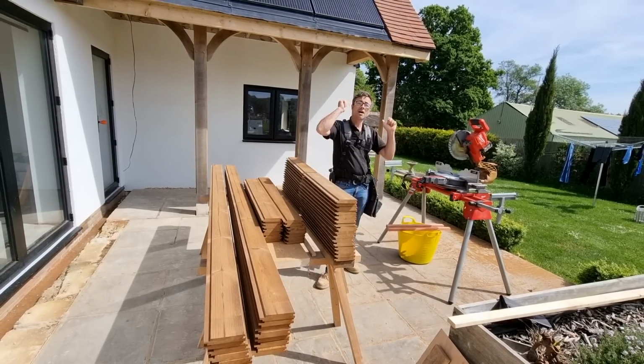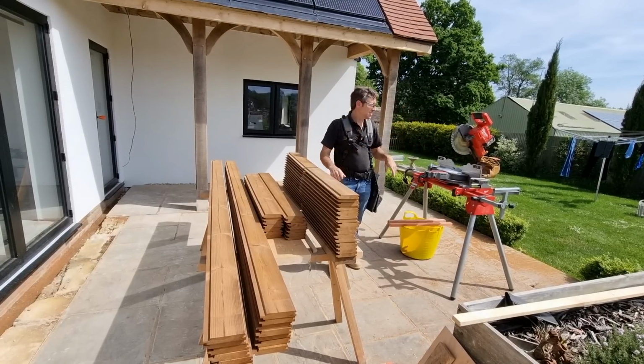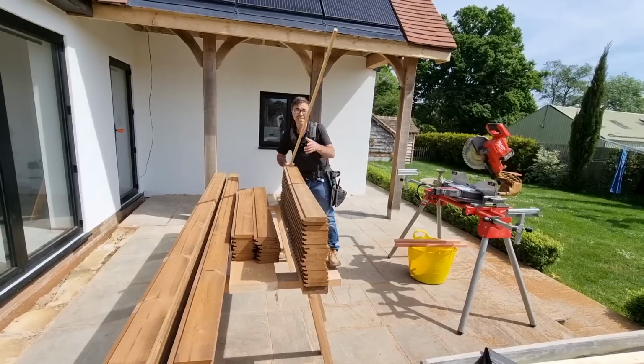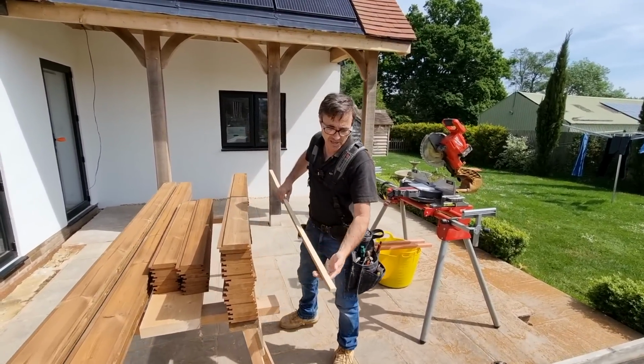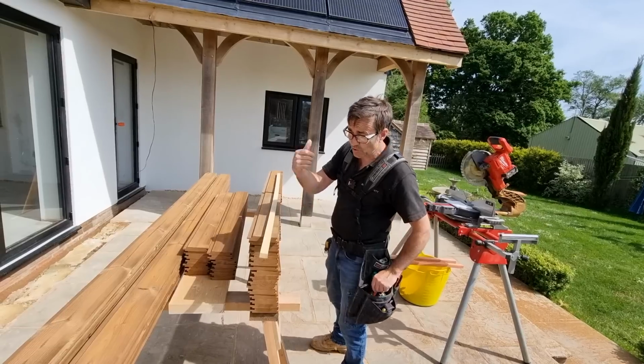So one of us will be up there going whatever length. One of us will be cutting, passing it back up, and we'll fix it. We're also going to use the gauge rod that we have. So this gauge stick represents our courses. We have a start point, we have a finish point, and what we're going to do with that is use that up there to mark the